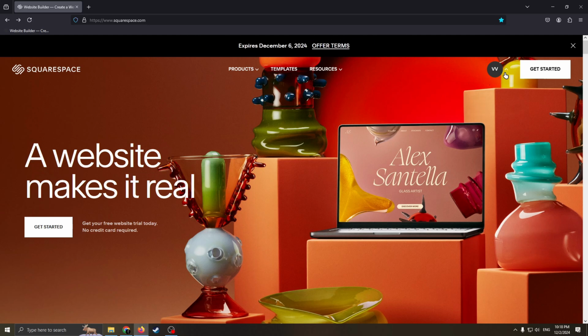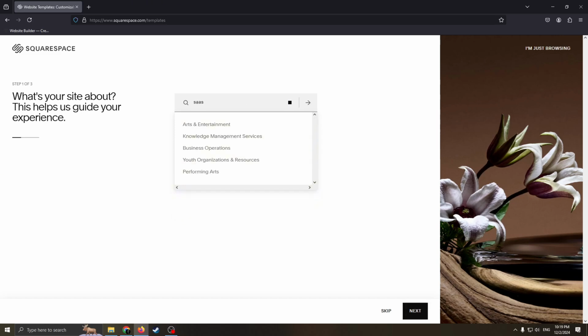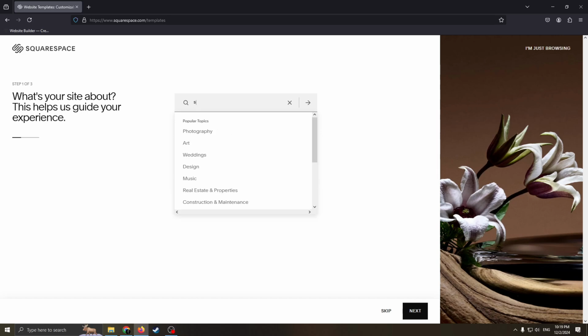First of all, you need to create an account or log into your account on squarespace.com. As you can see, I already did it and I'm in my account. So next you just need to click this button, get started, and choose what type of website you want to create, what's your site about. So as we are making SaaS product website, you can type SaaS, but basically the best option will be